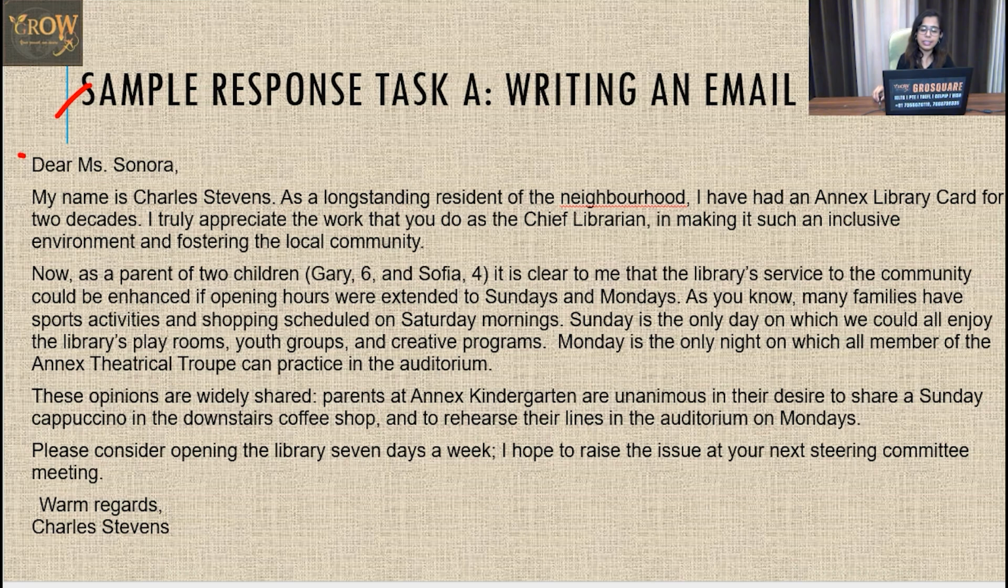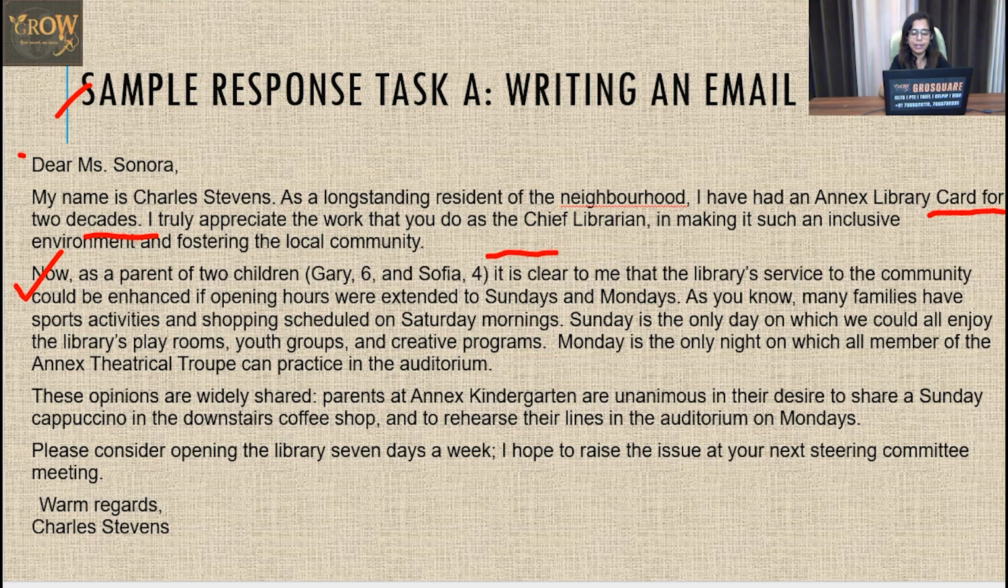As a long-standing resident of the neighborhood, right, I have had an Annex library card for 2 decades, right? Annex means something that connects you with something. I truly appreciate the work that you do as a chief librarian in making it such an inclusive environment and fostering the local community. Now, as a parent of 2 children, Gary, who is 6, and Sophia, who is 4,